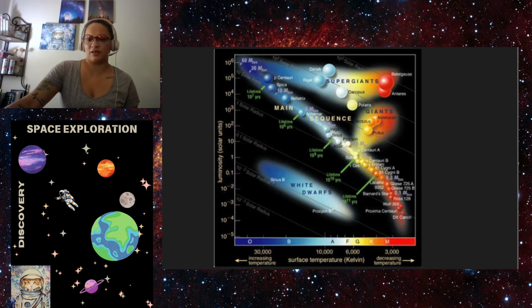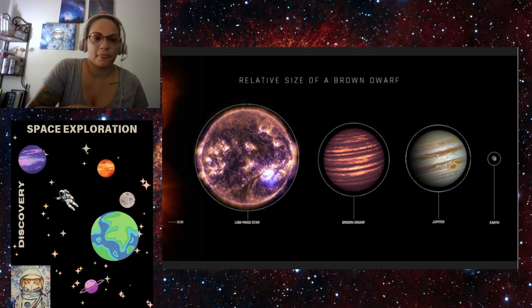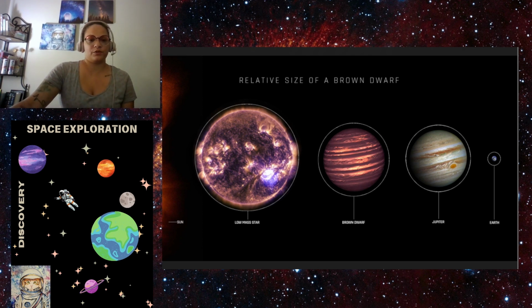Okay, so this image right here is a good showing of what they are in size. I'm not sure if you can actually see it, but in the very end you have Earth. And so we know the size comparison from Earth to Jupiter and how much larger Jupiter is than our planet. But now we can compare the mass and size of Jupiter versus the brown dwarf. So if you look here, you can see that Jupiter